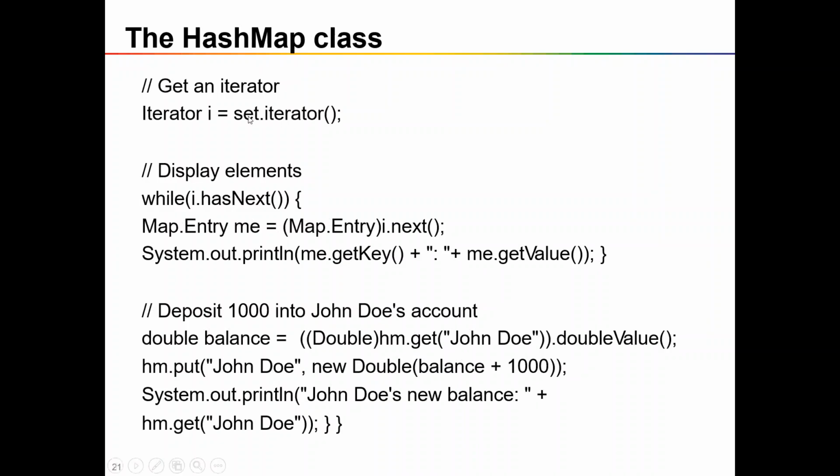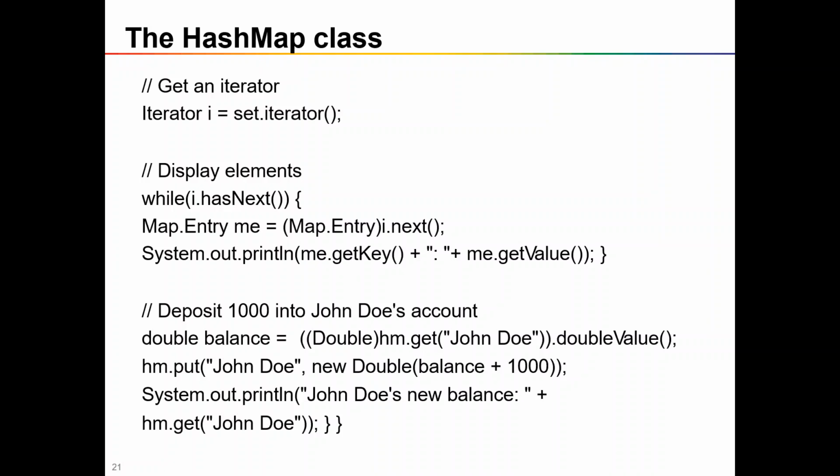And for the given set, we are creating the iterator. The iterator has two methods, hasNext and next. The hasNext method identifies whether there is any next element in the given collection. And the next method is going to return an object. In case of hash map, you will get a pair of data. In case of list and set, you will get a single data. You can directly assign it, and if you wish, directly print it.